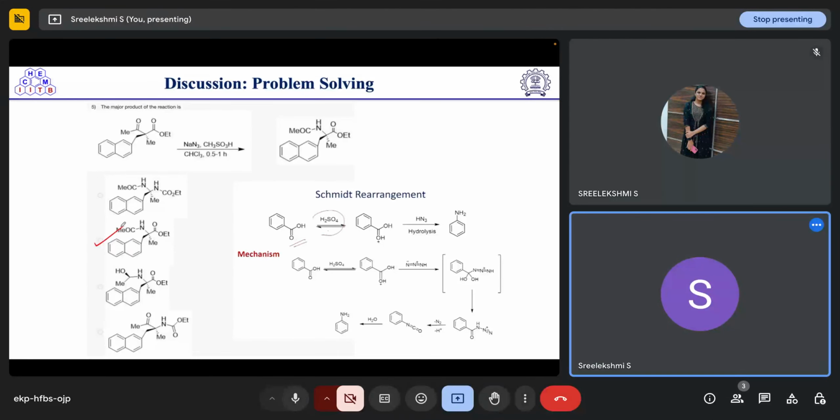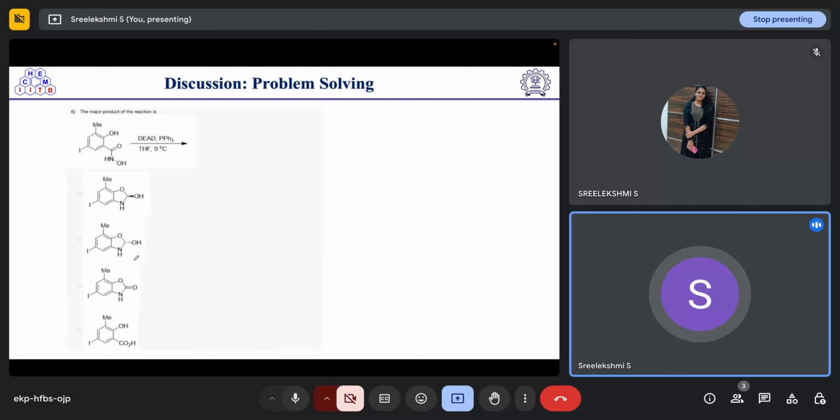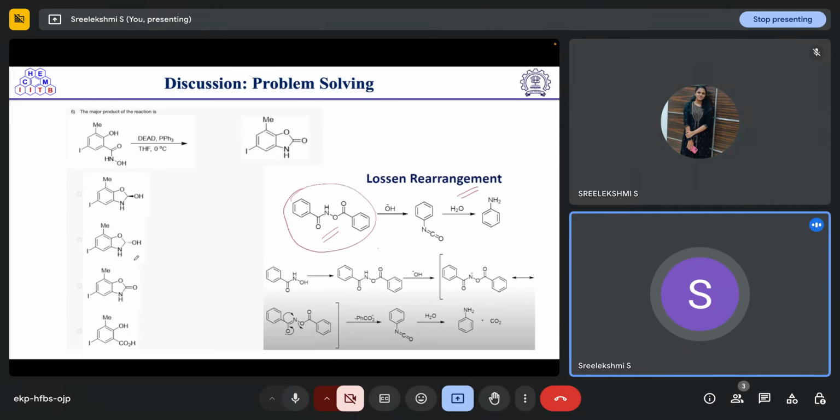Moving to the next question, the major product of the reaction is... So this also I think we have already discussed, the Lossen rearrangement. So this hydroxylamine will be first rearranged to form the isocyanate. That is, we will be getting